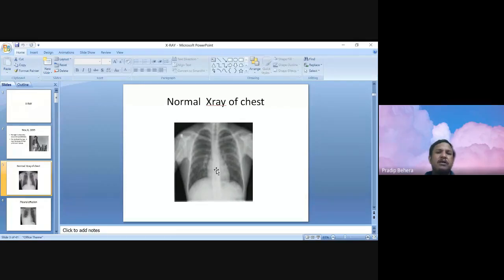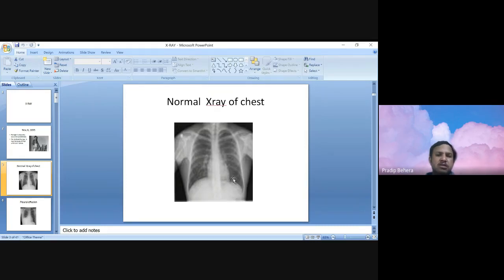Normally, one important finding is the double contour of the right atrium. This pathology is usually seen in mitral stenosis. Normally the right border is formed by the right atrium, and the left atrium usually remains posteriorly. In mitral stenosis, what happens? The left atrium enlarges, and once it enlarges, it puts another shadow over the right atrium. So you may find a double contour of the right atrium on the right border of the heart, and this occurs due to mitral stenosis.